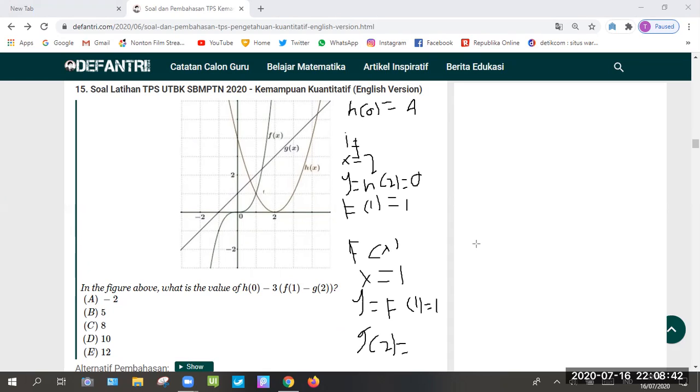Okay, understand, right? So all we need to do is just put in the formula h0 minus 3, f1, and 1 is 1. Okay, it's 1. And then we have minus,